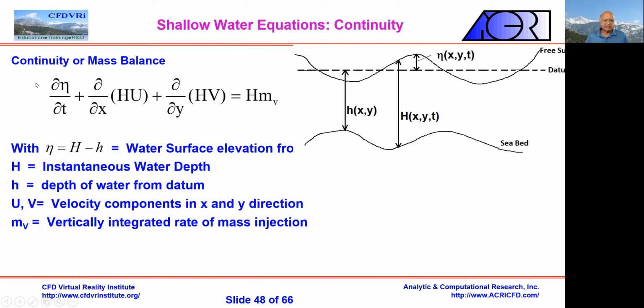It says that d eta by dt, the continuity equation, says that the rate of change of height of this eta, of the departure, is basically the total flux coming in, HU from one direction, H is total depth, V, so the total amount of water is equal to this, which makes sense. It's not different than the equation that we saw before. Convective terms, convective flux, accumulation, source.